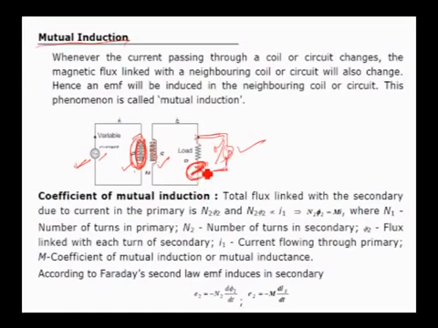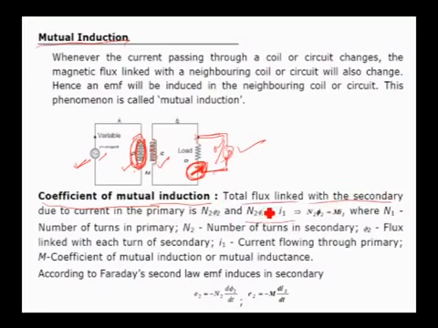So the direction of the current will be opposite if the flux through the primary decreases, and as a result the secondary coil flux also decreases. The deflections will be opposite in the galvanometer. Similar to the way I have defined the coefficient of self-induction, we can define the coefficient of mutual induction.